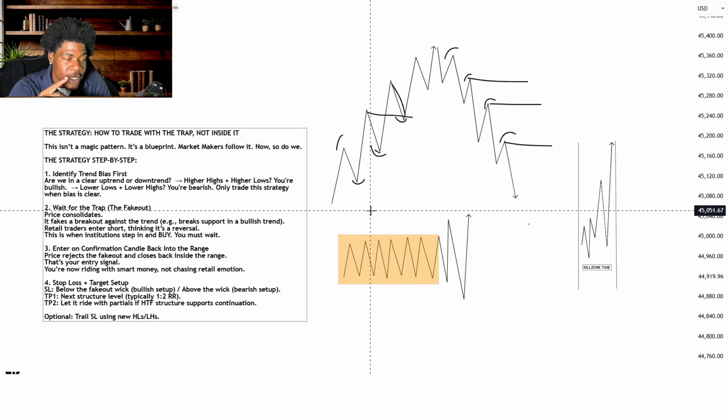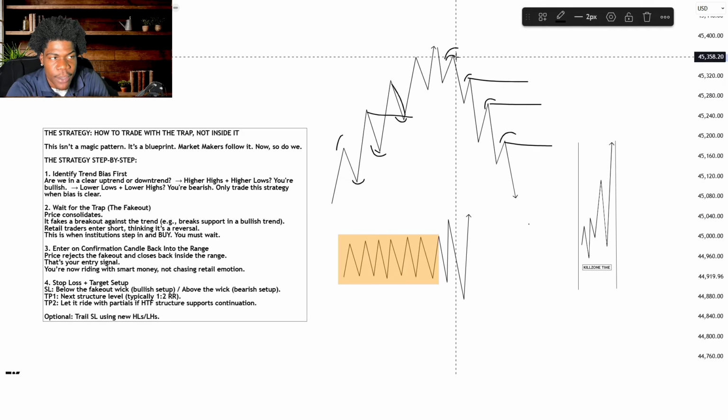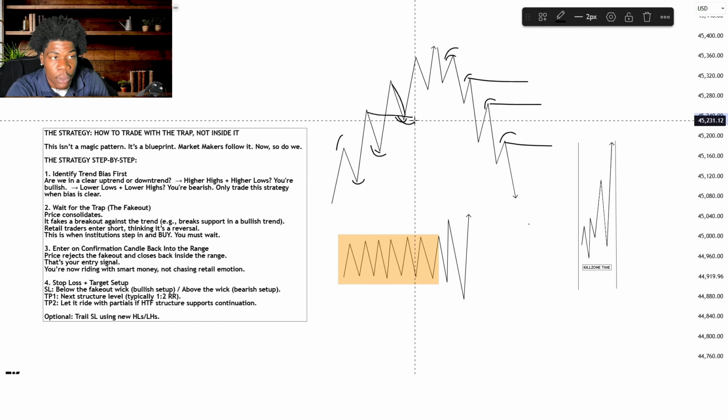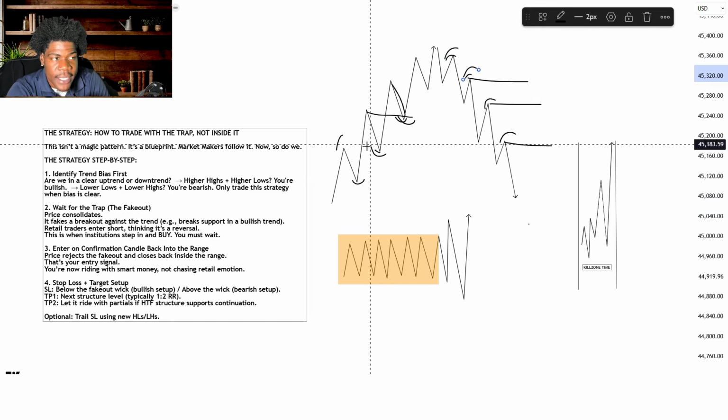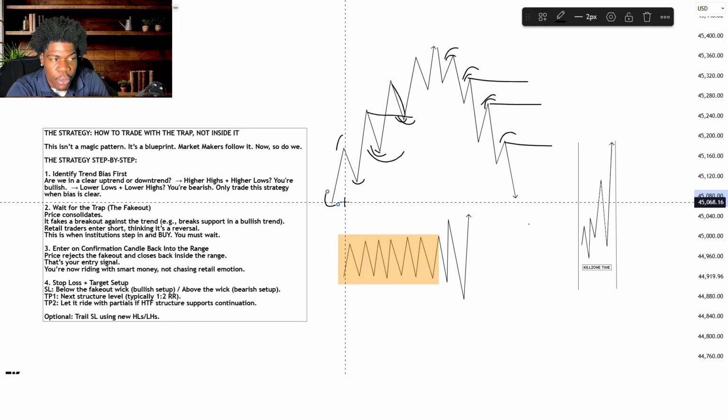For our first take profit, it's the next structure level. As you can see, if you catch this sell right here, your first take profit is these old lows right here. You're always targeting the next structure liquidity pool. And your second take profit is you let it ride with partials,